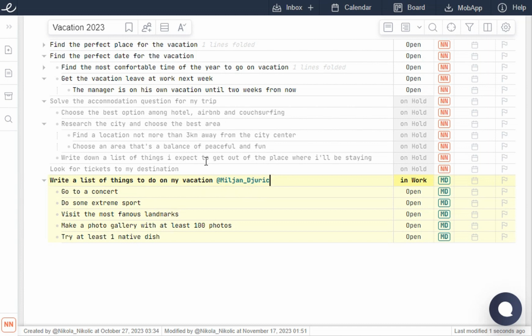So normally, well, you know this already, but I'll just mention it in any case. If I delegate a main task with subtasks to a user, it means that that user is automatically responsible for all the subtasks that are under the main task here, okay? So this is it. Now my friend Miljan and I can work together on this document, and